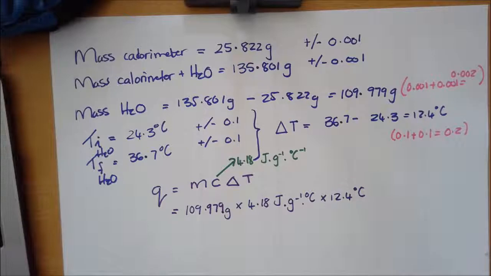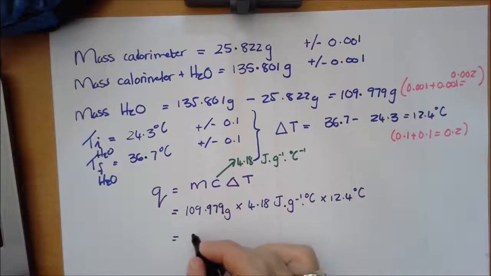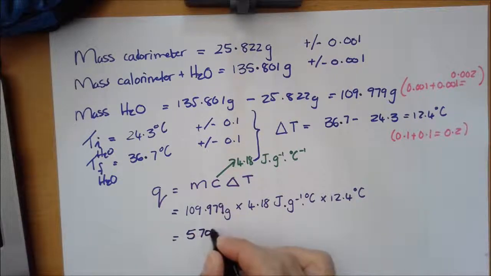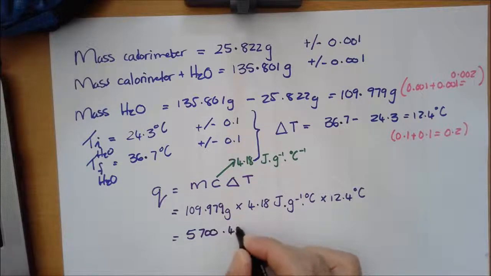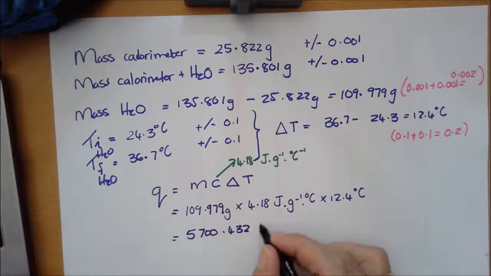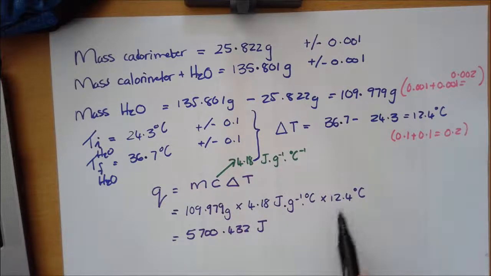If I do this calculation, I'm going to get an answer of 5,700.432 joules. I can write this. That's it. I have to write it as 3 sig figs because the least sig figs that I have is